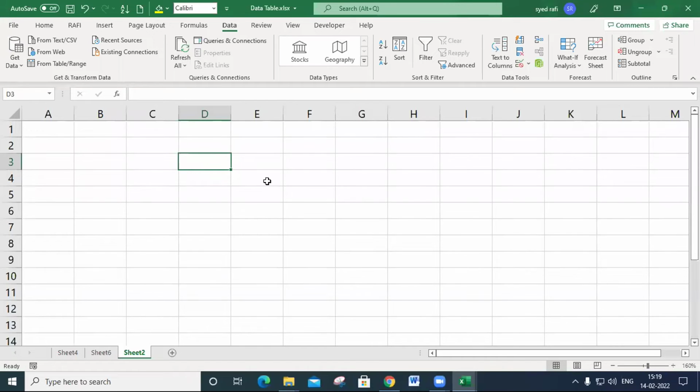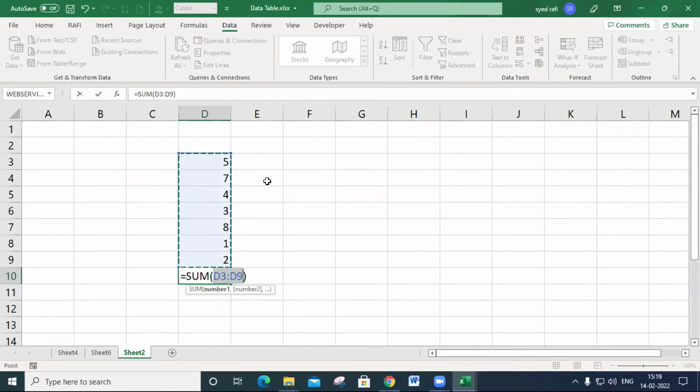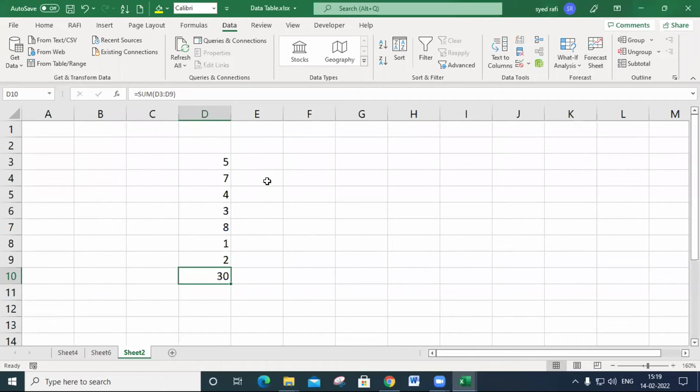I will show you the easiest way. I give some small values and make it a sum. I get 30, but I need the value of 34. If the result is 30, the variation is 4. If 4 must be added to some cell, then only you get this 34.